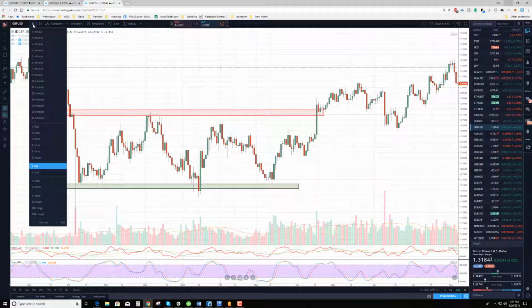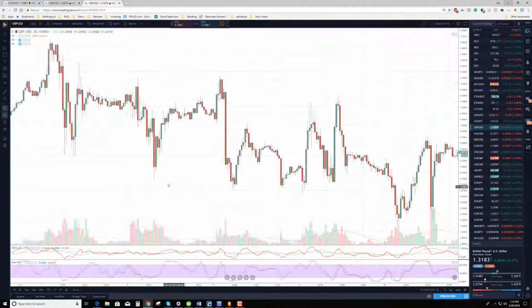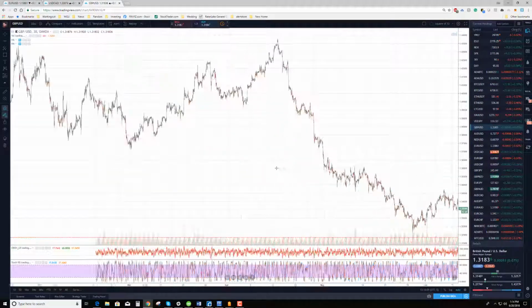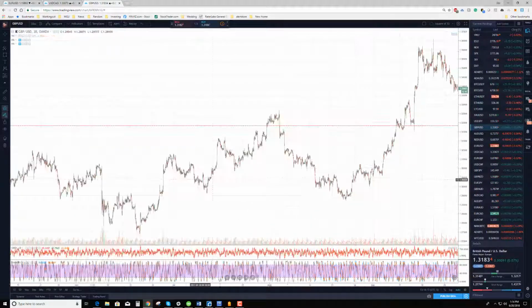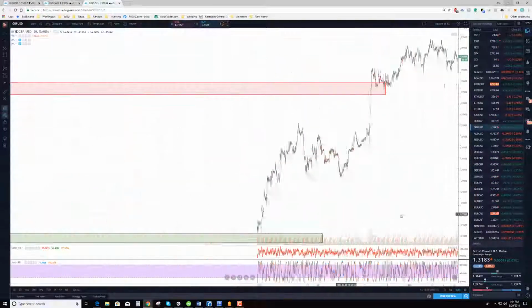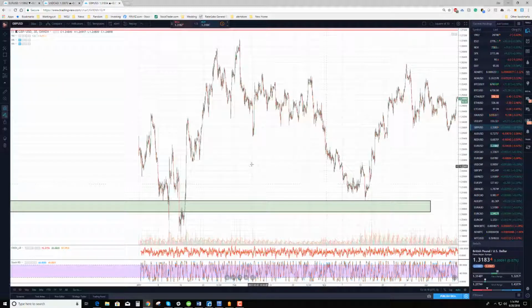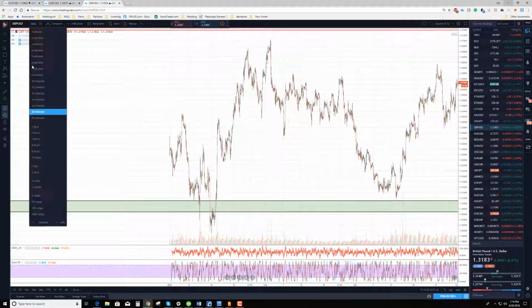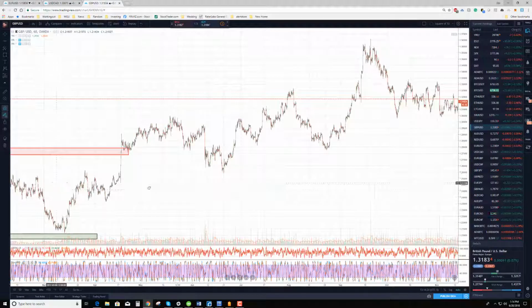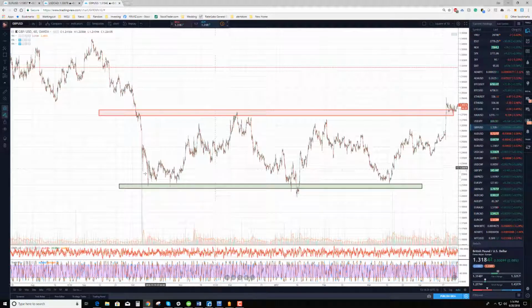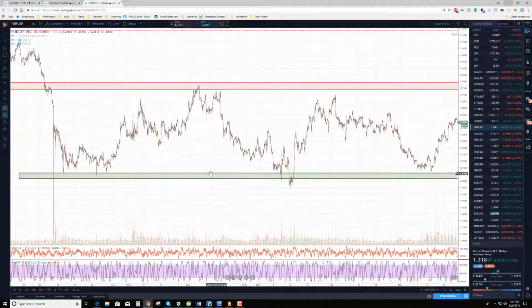All right. Then what I want to do is take a look at a shorter time frame. Zoom back to where we are. There's our lines. And then we can see maybe the hourly. Maybe the hourly is a little better. Okay, so we can see these support and resistance zones, okay?